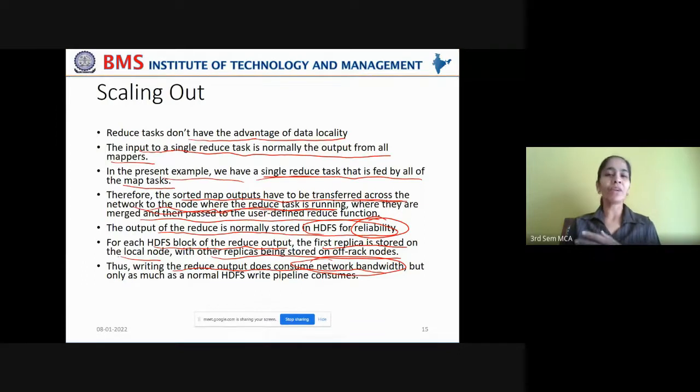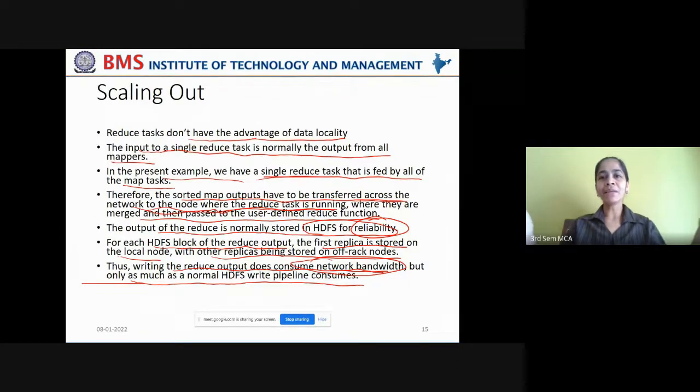This is inevitable. We can't avoid this at all, because you have to maintain the replication factor even for the reduce task output. So it consumes network bandwidth, but only as much as a normal HDFS write pipeline consumes. That is the best part of this MapReduce framework, because it is not writing the entire data set.